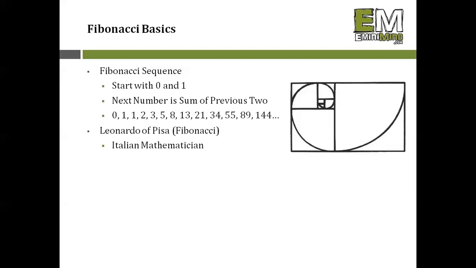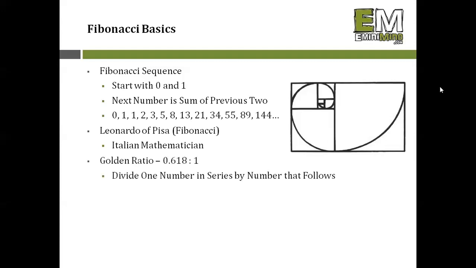you will. And the idea is that you have this golden ratio, that if you divide one number in the series by the number that follows, you end up with that 0.618. So the sequence is adding the two numbers next to each other, and that's what gives you the next number. But if you divide, going backwards, 8 by 5, 13 and 21, 55 and 34, going forward, excuse me, dividing the numbers 5 by 8, that's what gives you that 0.618, that golden ratio